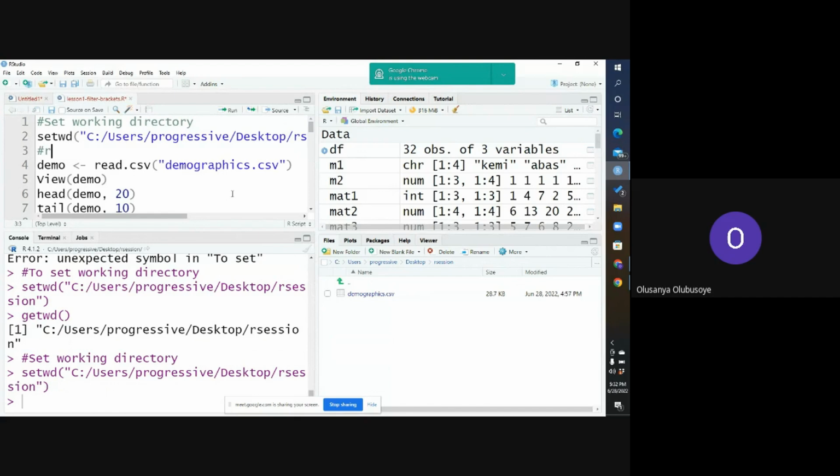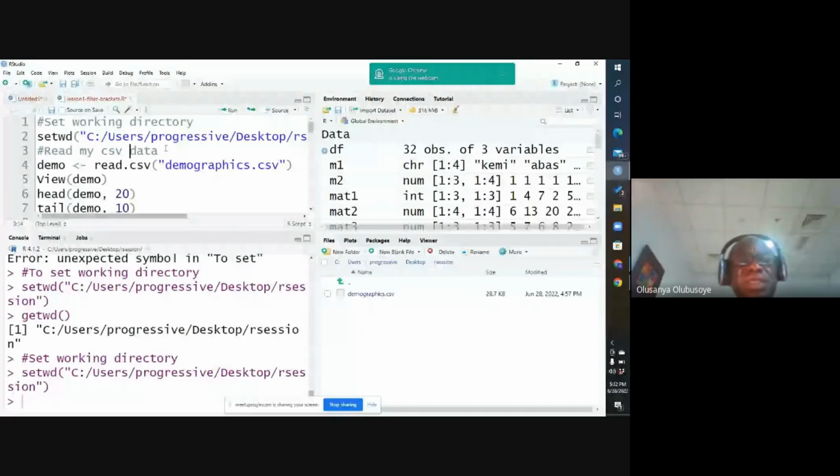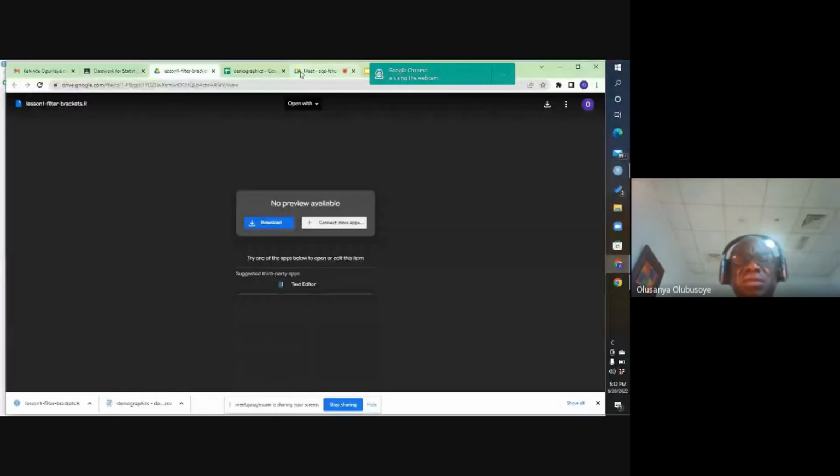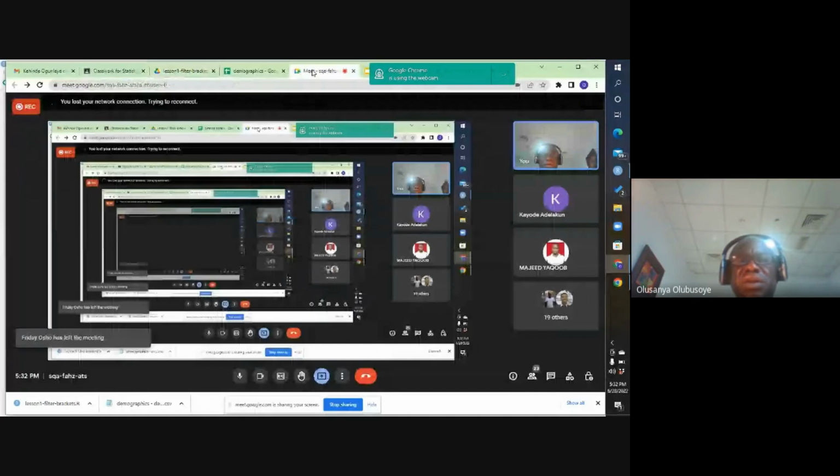It's not a code, and you can write your own grammar the way you want it. It has nothing to do with it, but R will not flag error because we have already indicated here that it is a comment. So here, I want to read